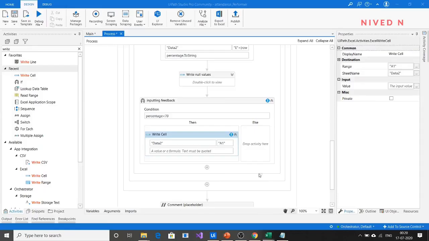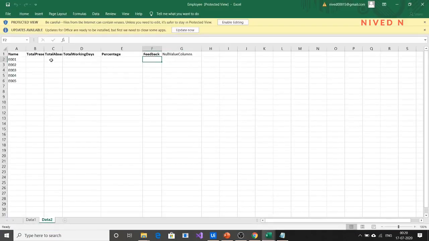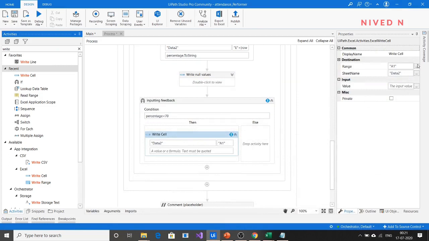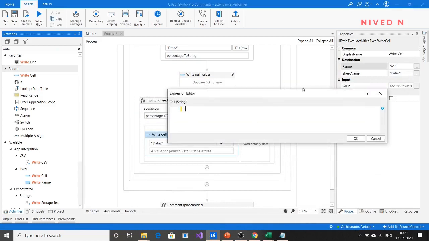Take the employee data sheet feedback: E001 feedback is written to F2, E002 feedback to F3, E003 feedback to F4, and so on. So in general format, you can write here F plus row index plus 2 dot to string.